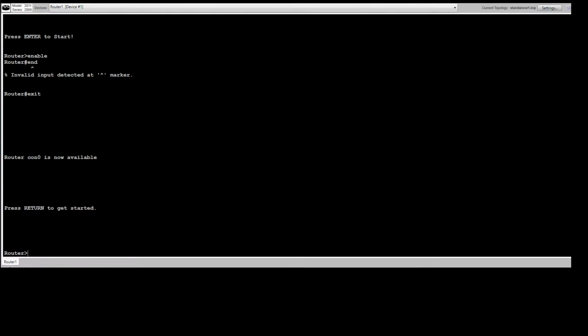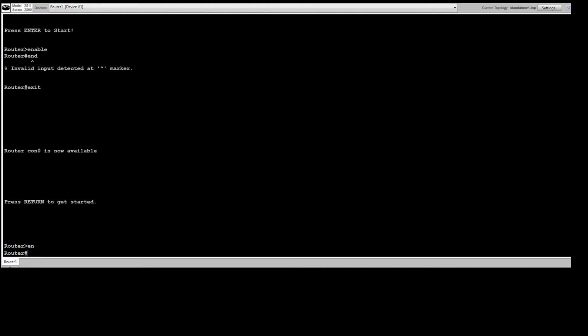And let's go back in here. Another thing you can do with most commands, especially if you are typing a command in a mode and that is the only command that you are able to do on that particular mode, there's ways to abbreviate it. For example, I could put ENA, and if I hit tab, it will auto complete it for me. Or I could just put EN, click enter, and it will put me into the mode itself. You can do that